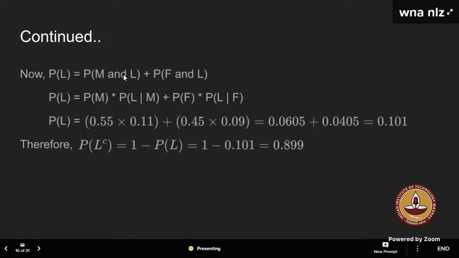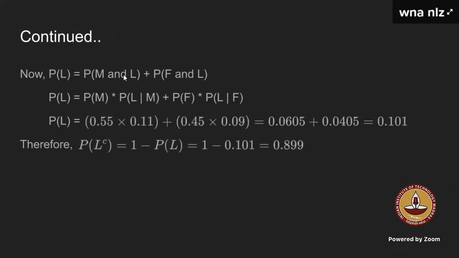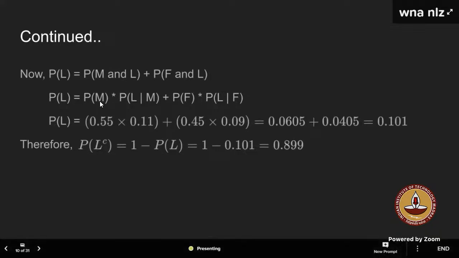Now, as we are saying M intersection L, I think in the first question we also said that these are not independent events, right? Because it depends on whether it's a male. For example, the males were 50, and from that you are saying the left-handed are 25%. So obviously the probability of left-handed depends on whether you are picking a male or a female, right? So these are not independent events. So we will be doing probability of M times the probability of left-handed given M, which is already given to us as 0.11. All the data are given to us, we just need to calculate it. And because we are finding it for not left-handed, we'll take the complement of the probability of left-handed. Is this clear to all?